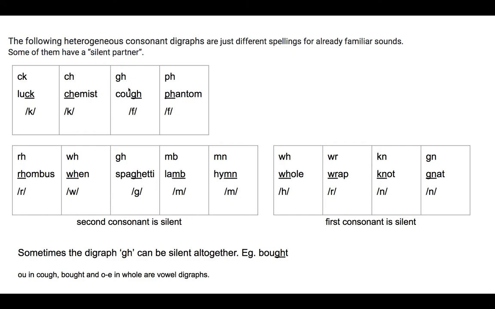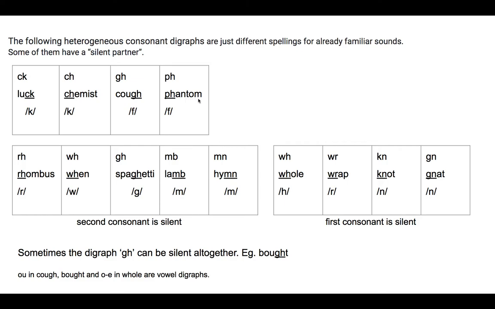The following heterogeneous consonant digraphs are just different spellings for already familiar sounds. Some of them have a silent partner. The letters C and K produce the sound k, as in luck. The letters C and H produce the sound k, as in chemist. The letters G and H produce the sound f, as in cough. The letters P and H produce the sound f,